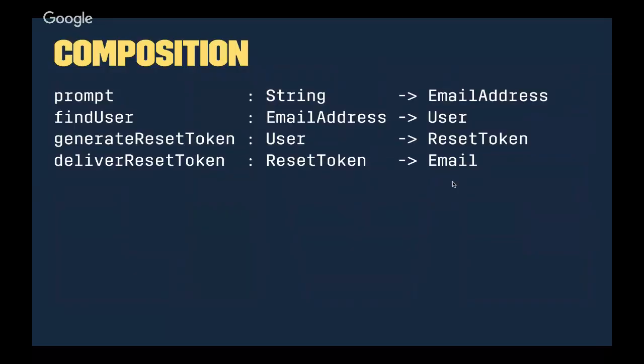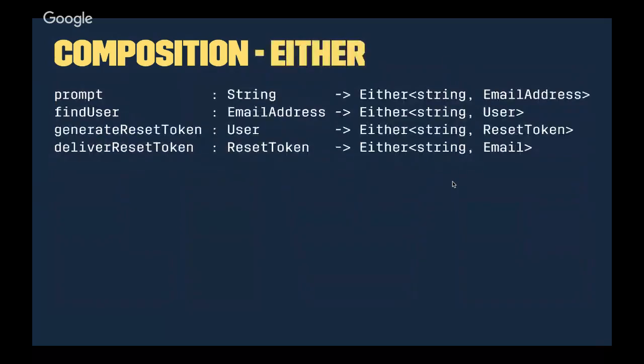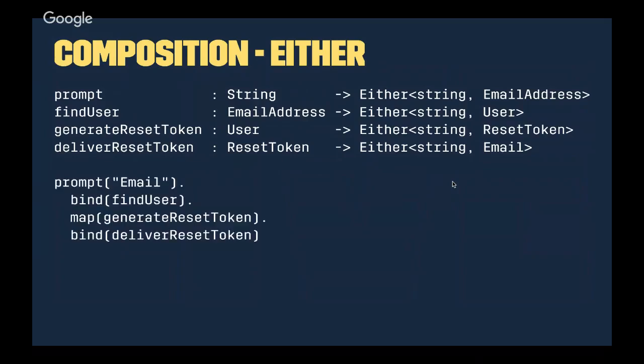But let's try to take us back. Remember the motivation. We have these operations. We'd like to pipeline them together, but they don't actually fit up because we acknowledge that things could fail along the way. So instead of thinking of them as types that lied to us, we expanded the types to look something like this, right? Each step along the way, instead of returning the value, has the possibility of failure, encapsulated by returning an either of a string for the error or the actual type. Once that's done, we can wire them together by chaining.